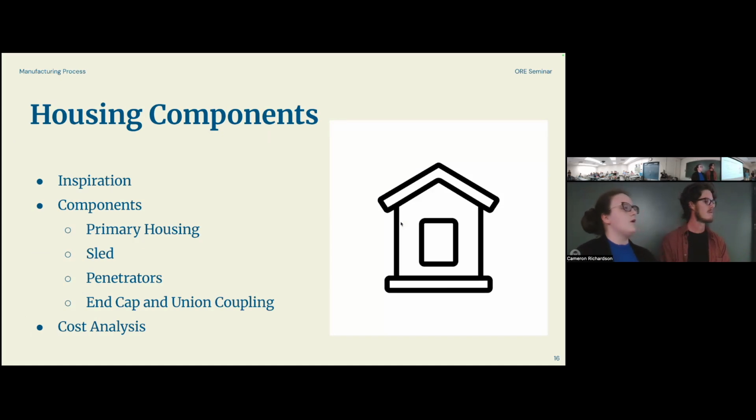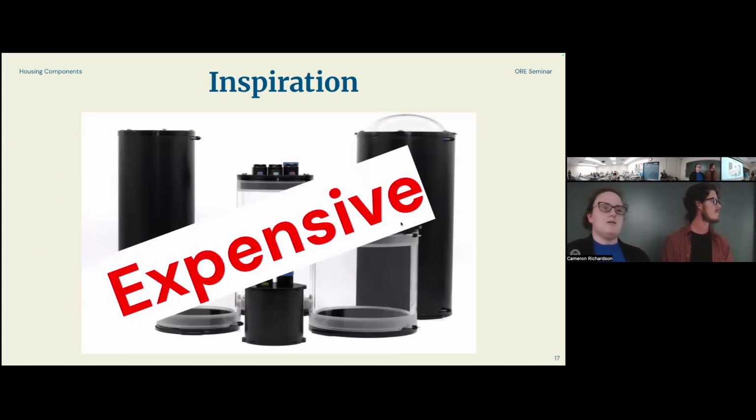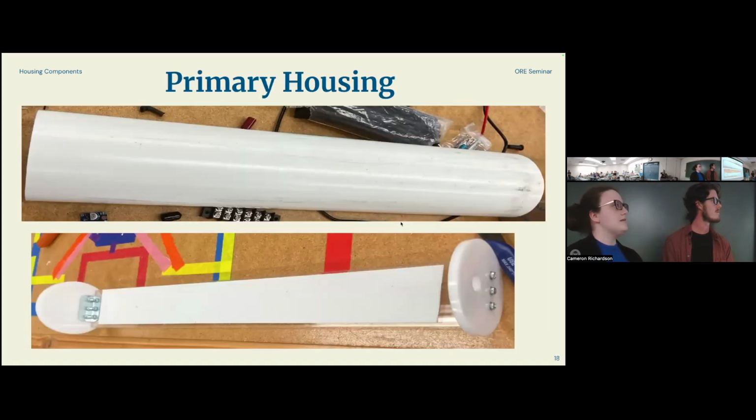Next, we're moving on to the housing. In the housing, I'll go over our inspirations, the components, and then the cost analysis. Our inspiration was the Blue Robotics water samplers. However, these are generally expensive, and so we designed it using PVC tubing. We cut it at 18 inches, and then made a sled out of PVC sheets, and then 2 acrylic discs where we drilled holes and attached 2 L brackets,